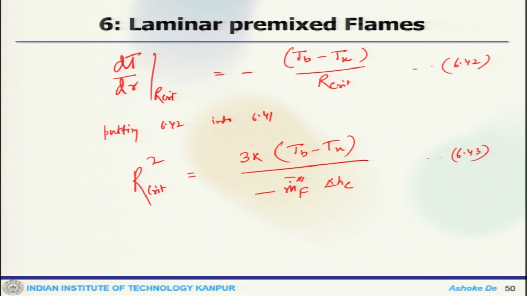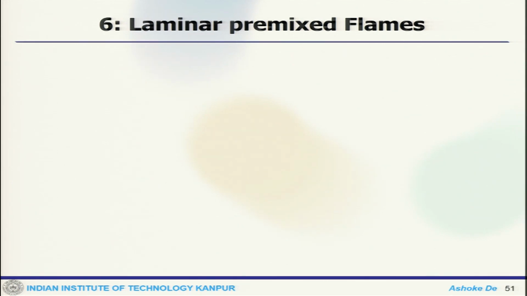Now, we have already got some relationship in 6.20, the average reaction rate in terms of SL and delta. So, that already gives my average reaction rate in terms of SL and delta. That thing we can use, and also we have the enthalpy of combustion, which is nu plus 1 Cp (Tb minus Tu). So, 6.43 becomes